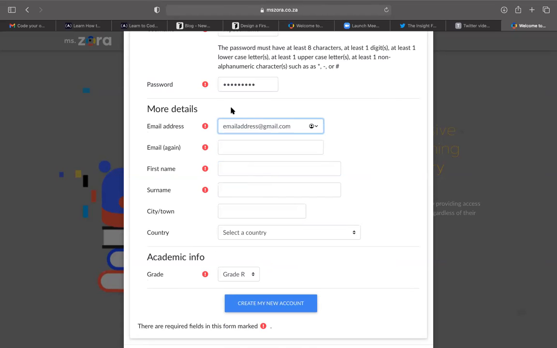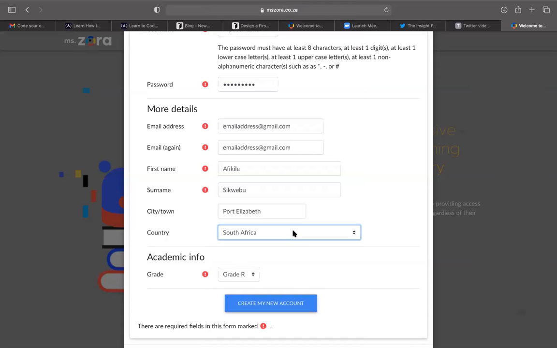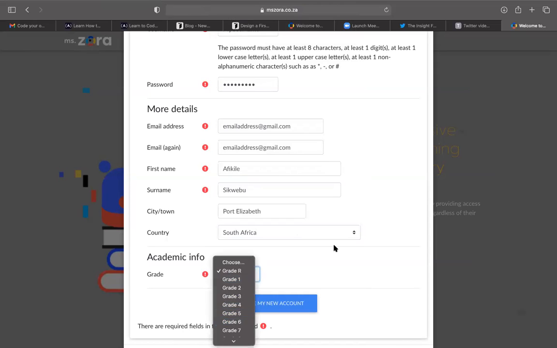You will insert your email address and then repeat it here just to make sure that they are the same. Then your first name, last name, and the city where you are. And then of course, last, the country. And the grade that you are currently in.